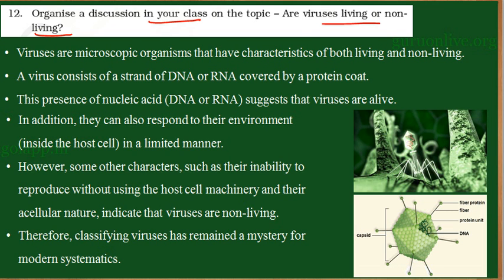So we learned about the cell theory, right? According to cell theory, any organism to be called living should have a typical cell. They should be made up of a cell. Now a cell consists of cytoplasm, nucleus and the cell organelles. So when all these things are present, we call that entity a living organism.